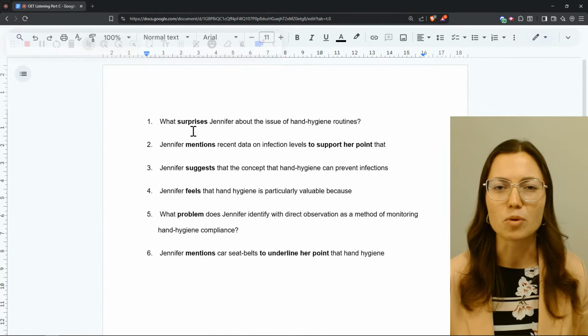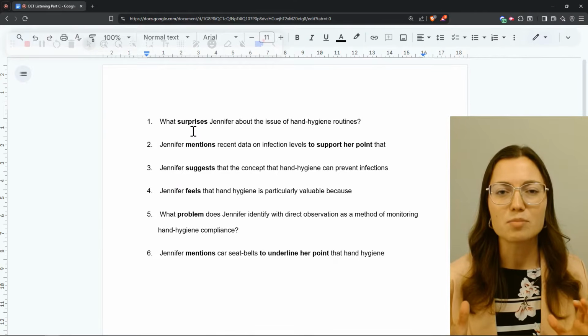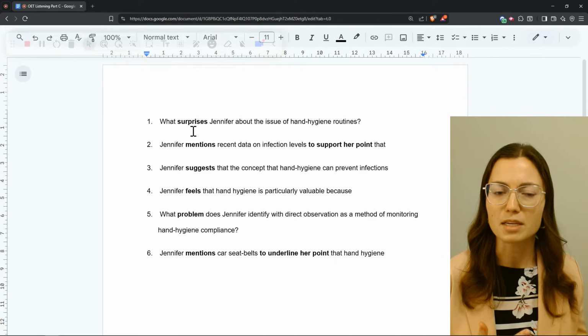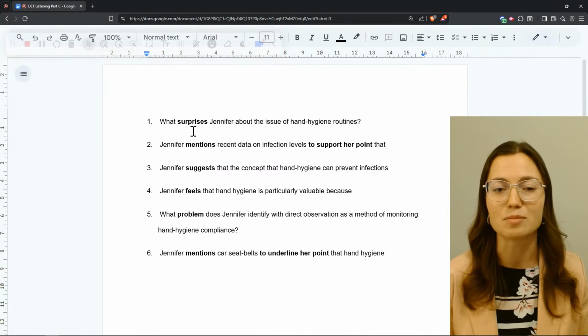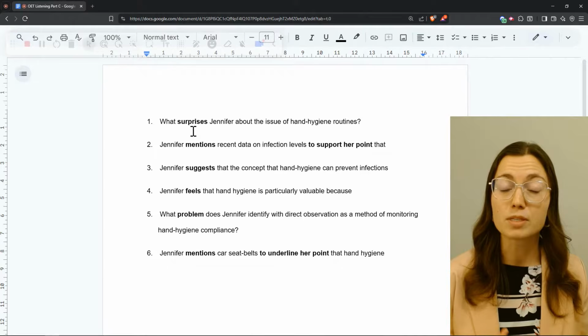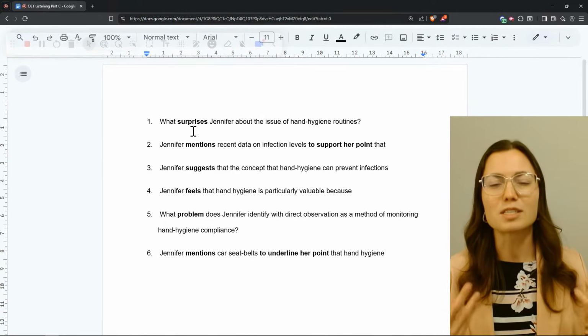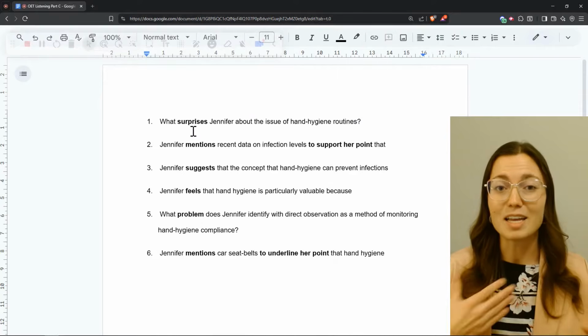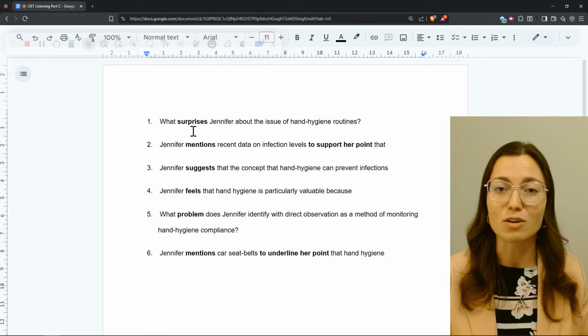Let me talk about surprises with you. If someone is surprised, it usually means it's something they weren't expecting, or something different, or something even shocking sometimes. When someone is surprised, they may also ask questions. Questions are a sign that somebody is engaging with this new information and often means they are surprised by it.